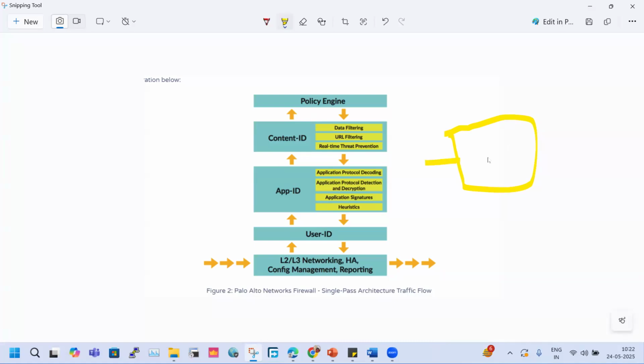Suppose you're going from LAN to WAN, and you want to control your traffic, so you will be enabling all those things, right? But if you are going to LAN, suppose you are not identifying the application, you want to use the user ID, then user ID will be identified. That will totally depend on your policy. Now, if we go LAN to LAN, specific filtering is not required, because URL filtering is not required. Real-time threat prevention is not required because my traffic is going LAN to LAN.